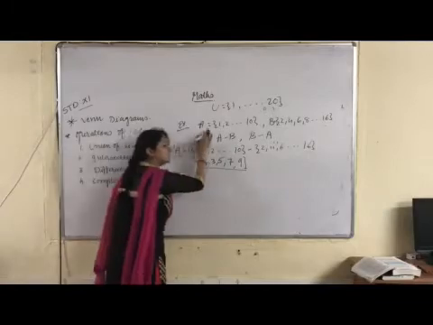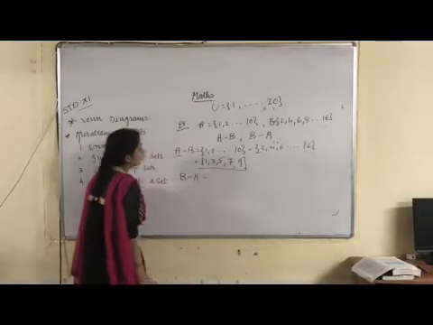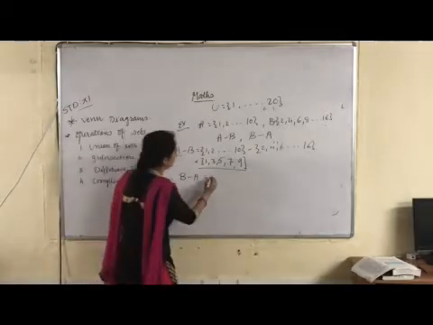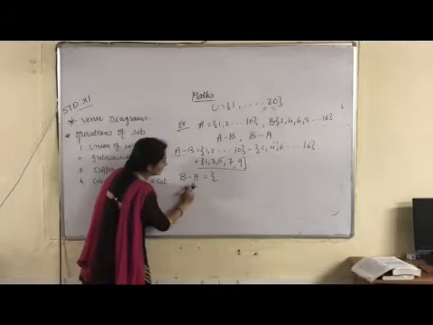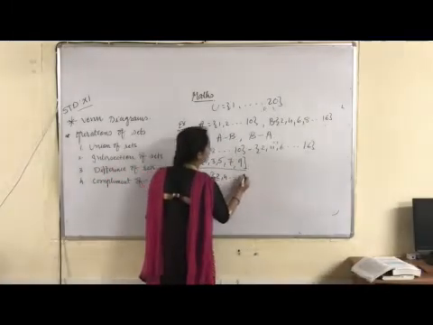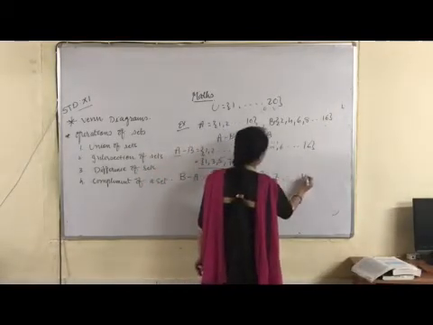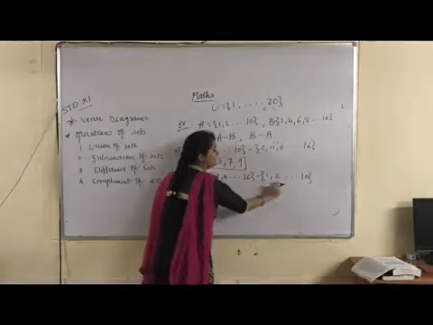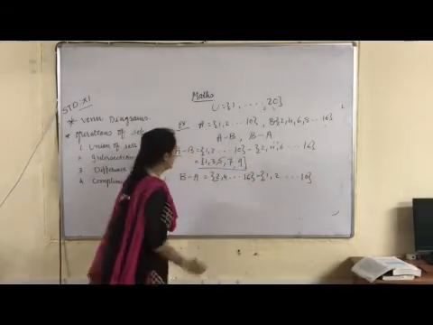Now by using the same question, how to write B minus A? See, now here my principal set is B. From set B, set A elements I have to remove. So set B elements are 2, 4 up to 20 minus set A elements 1, 2 up to 10. This one is just for your convenience. Once you are comfortable, no need to write this again. Directly you can write down your final answer set.